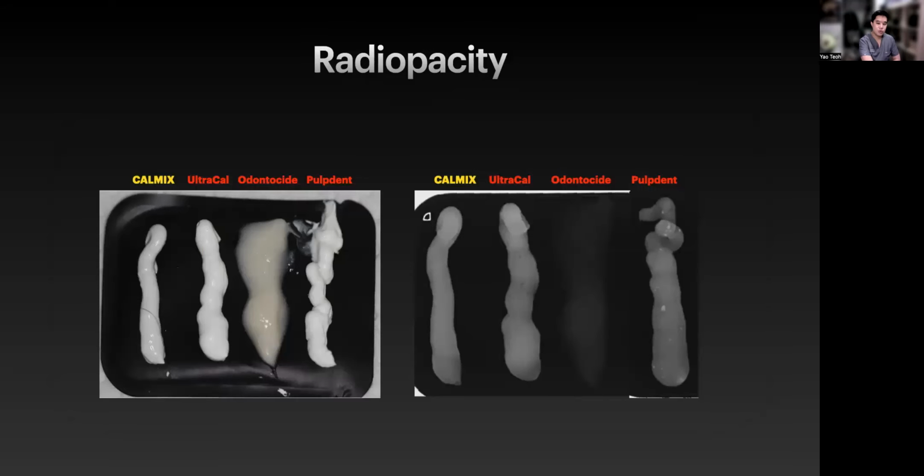Radiopacity is another thing that I do like about CALMIX, is that it's got very, very high radiopacity compared to the other products in the market. You've got Ultracal, which is also very highly radiopaque. You've got PulpDent as well, and that's usually because a radiopaquing agent is placed, but Odontocide doesn't seem very radiopaque, most likely due to the composition, because it's got a bit less calcium hydroxide in it and probably a bit less radiopaquing agent. CALMIX uses zirconium dioxide, and I think barium sulfate, and that